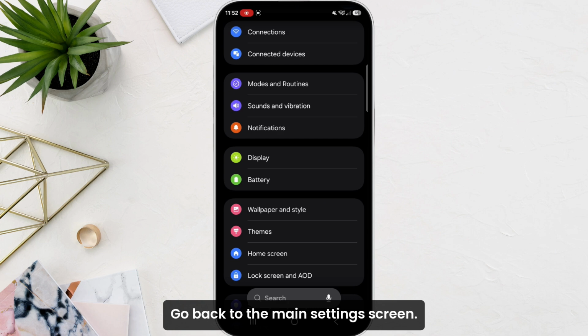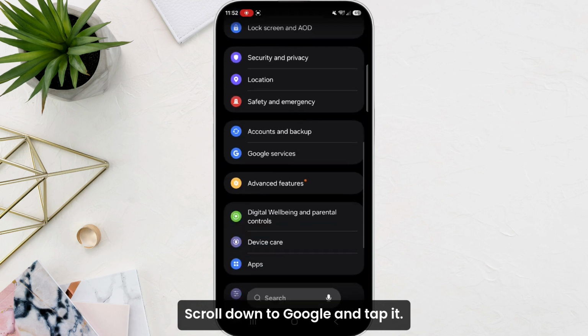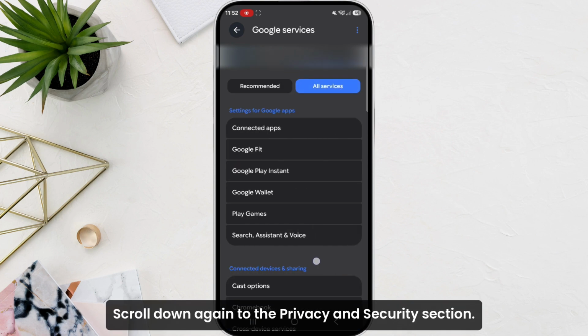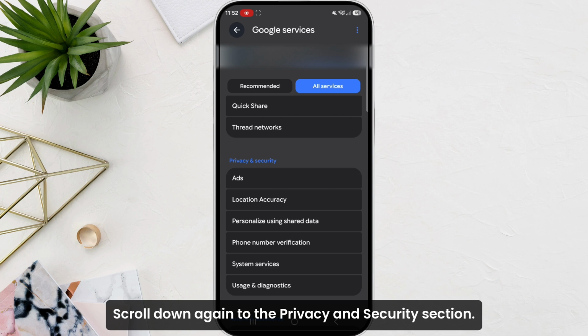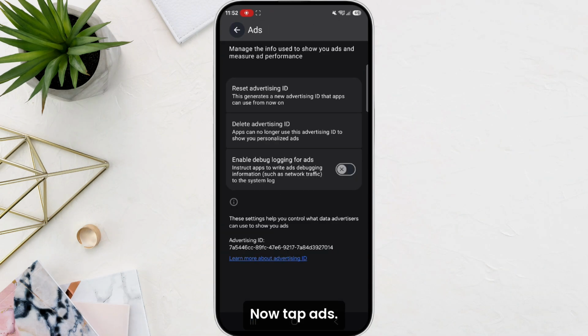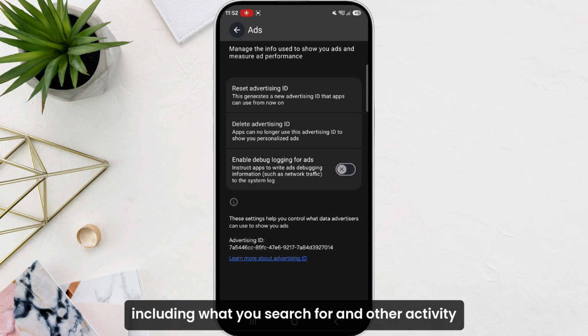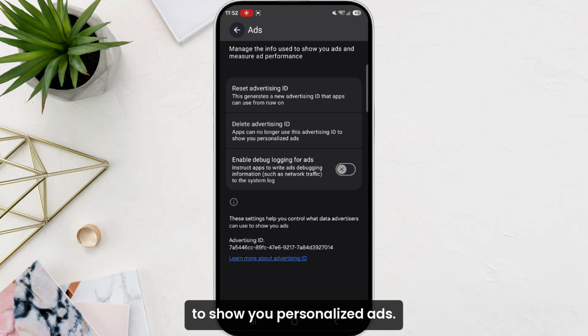Go back to the main settings screen. Scroll down to Google and tap it. Tap All Services. Scroll down again to the Privacy and Security section. Now tap Ads. This feature collects information about you, including what you search for and other activity, to show you